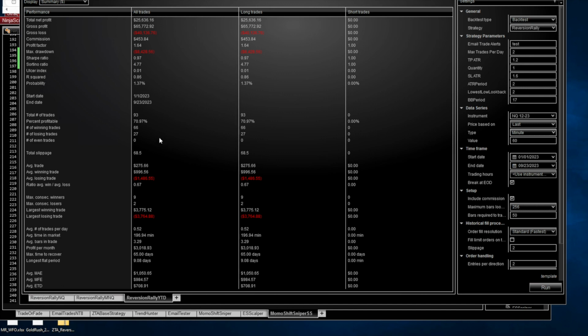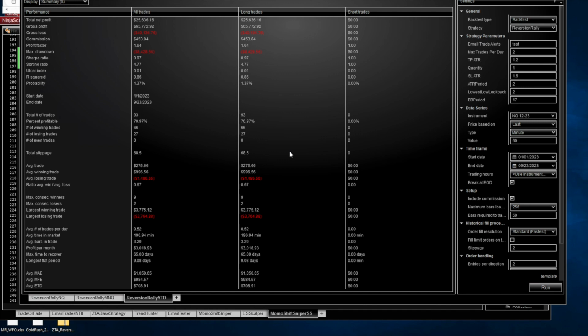And so this system in particular has an extremely high win rate. And so it makes it very easy to trade day to day because it's always winning, right? It's easy to trade a system that rarely has a streak of more than two losing trades in a row. So you can see here that year to date, the max consecutive losers is only two trades. Okay. And so it tends to go on winning streaks, which is an awesome problem to have.